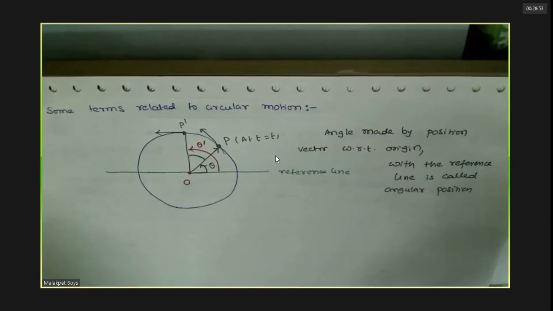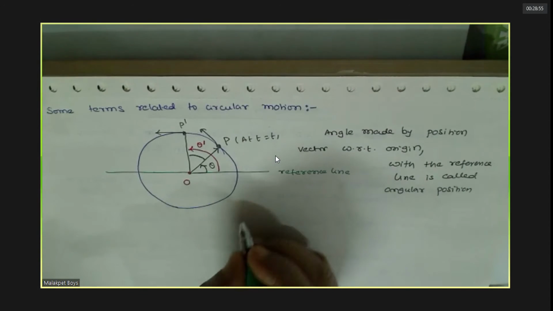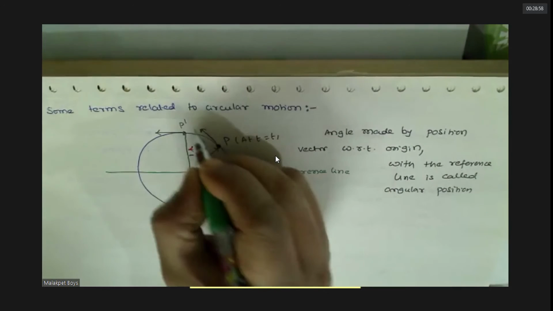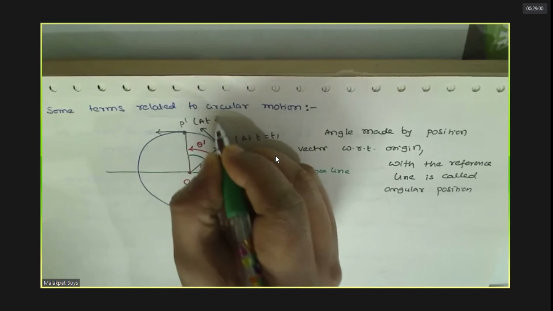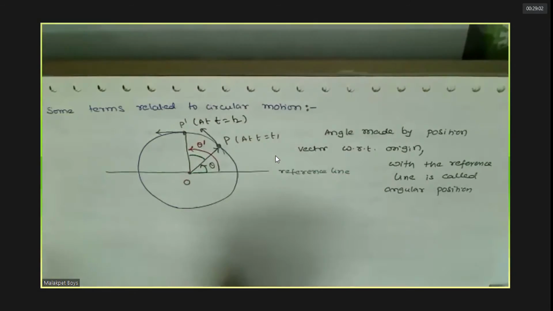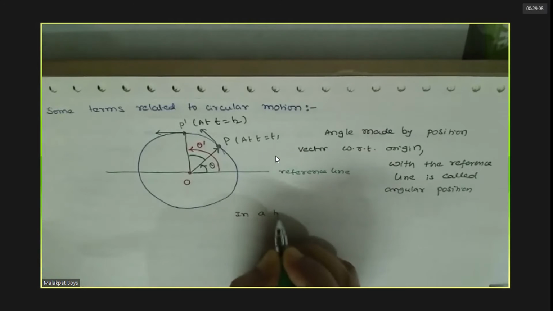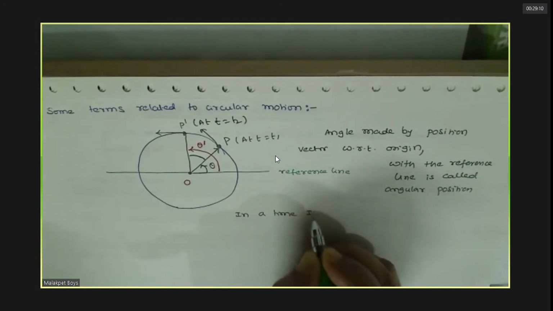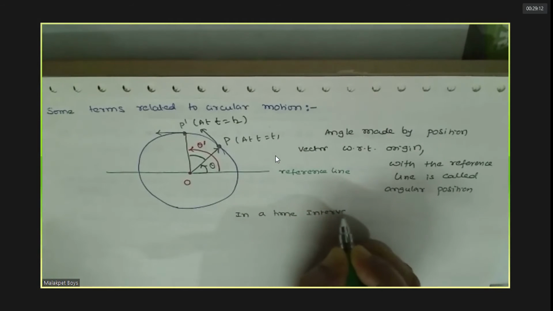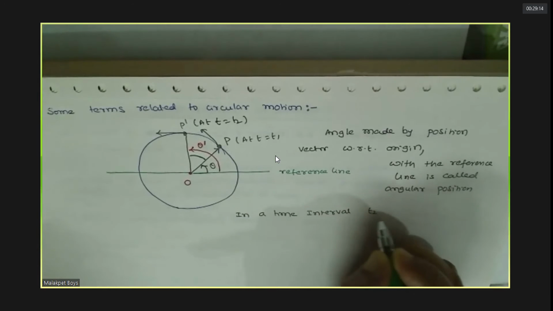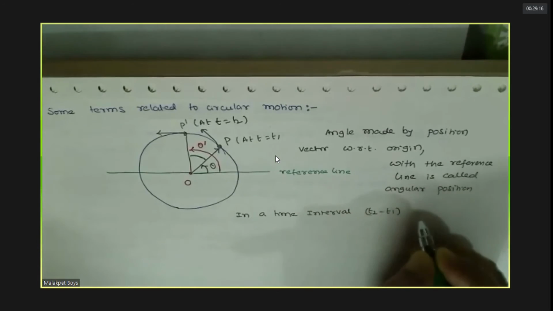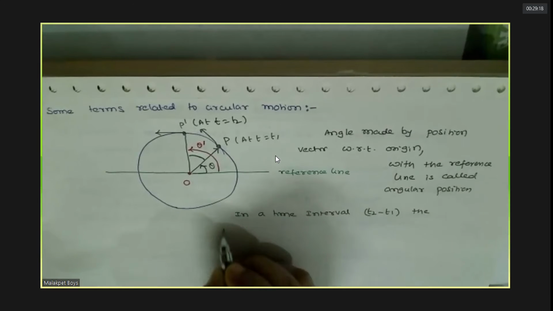This is at t equals t2. So you can see that in a time interval, the position vector